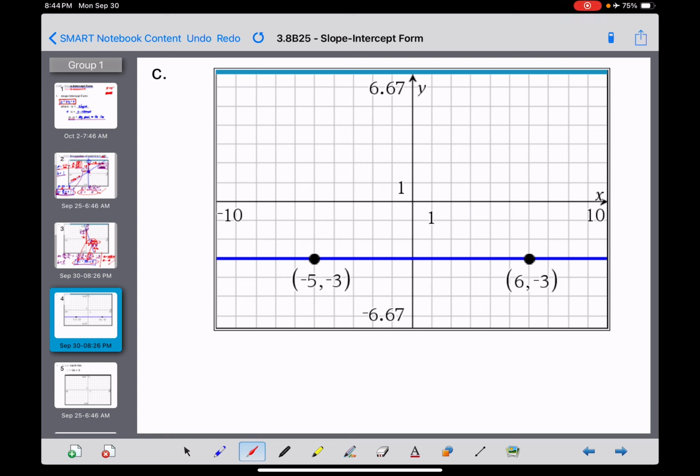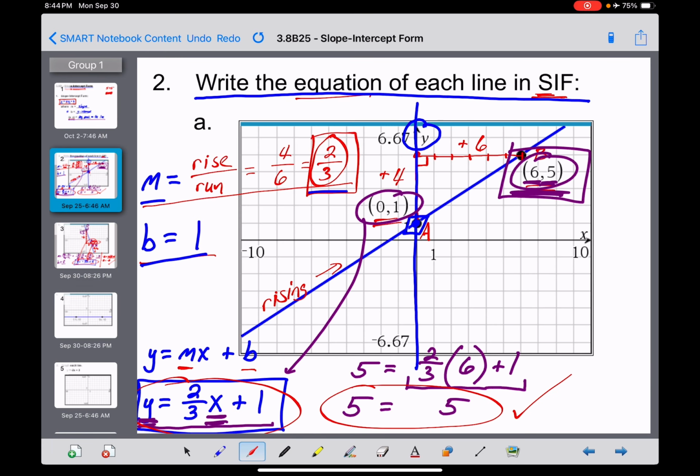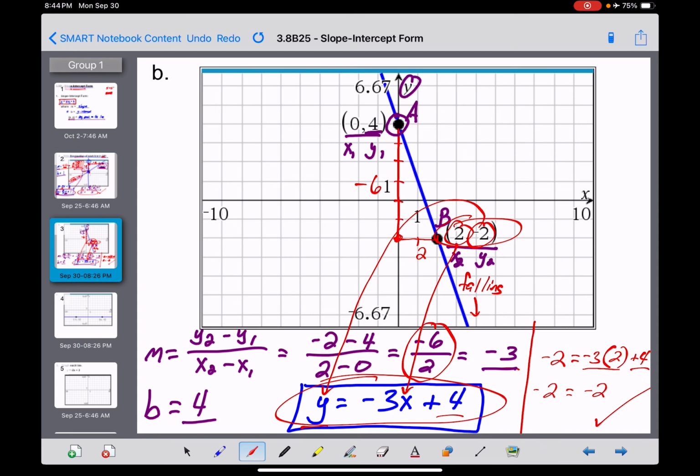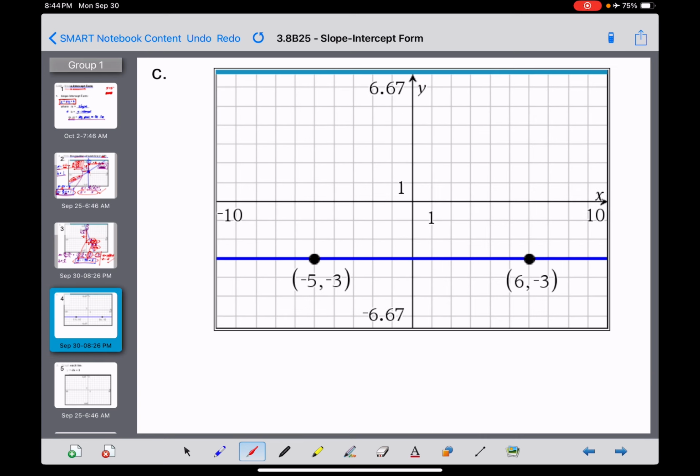Third and final one of these problems that I want to give you guys looks a little bit different from the first two. The first one we had was a rising line, which meant that our slope should have ended up positive, and it did. The second one we did had a falling line, which means our slope should have been negative, and it was. This one, I'm hoping you guys will notice, we have a line right here that is horizontal. So what I'm hoping you guys can tell me immediately here without doing any work is that because this line is horizontal, our slope is automatically, remember guys, horizontal has the letter O in it twice, our slope is automatically